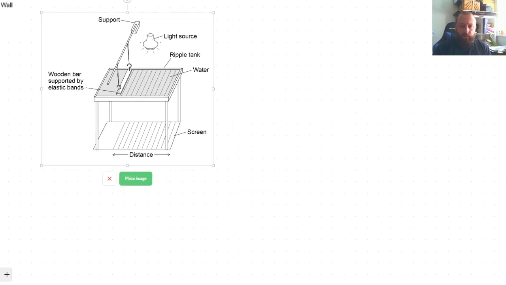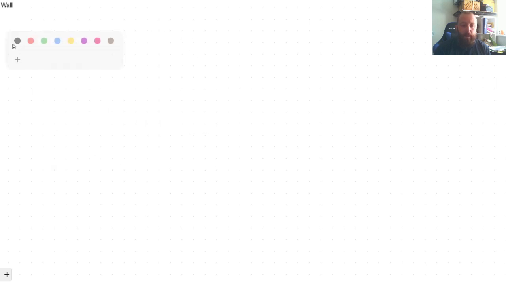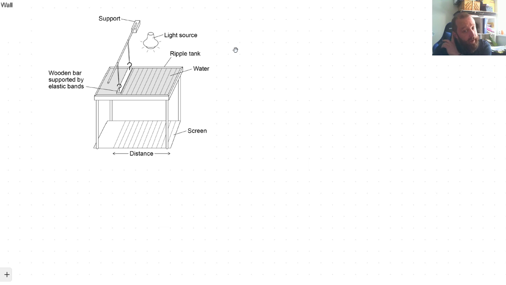So this diagram is exactly the same one as you would have had. Change colour just because I can. In the recent mocks, it was